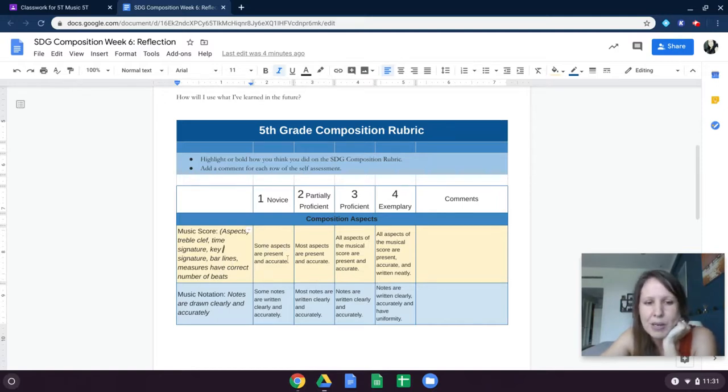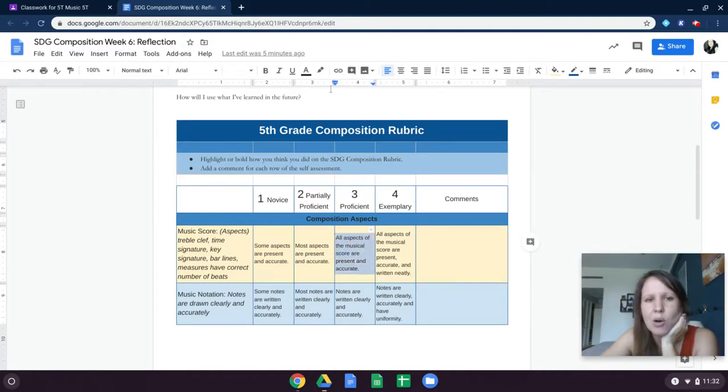Some aspects are present, most are present, all are present and accurate, or all aspects of music in the score are present, accurate, and written neatly. So in this case, the 4 would be that not only is it there, it's great. But let's just say it's all there. It's not perfect, but it's there.